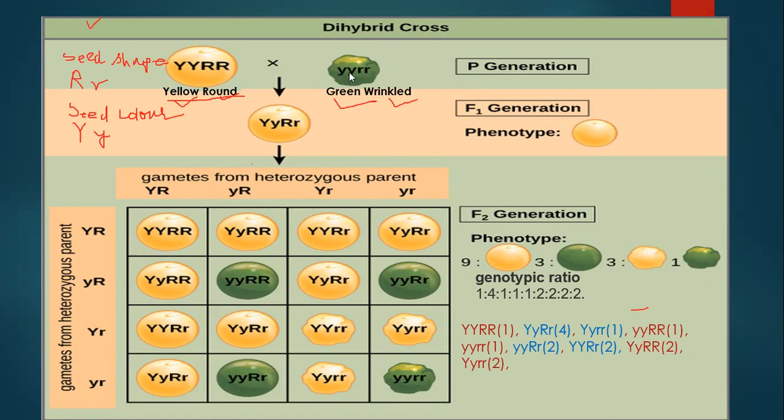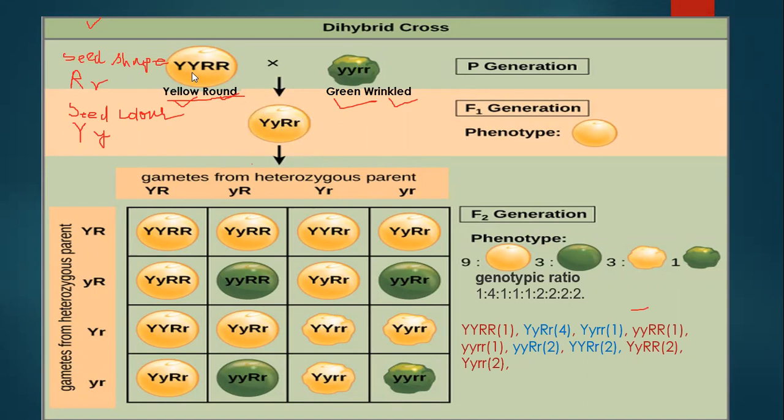For the second parent, the two traits were small y small y for the color of the seed, and small r small r for seed shape, which codes for wrinkled. After doing the cross, he got all yellow and round seeds. Just as in the monohybrid cross, in a dihybrid cross you will get a heterozygous condition for each trait.